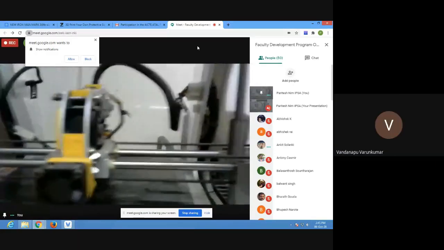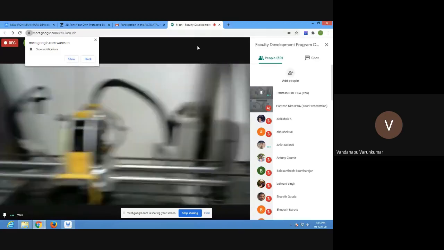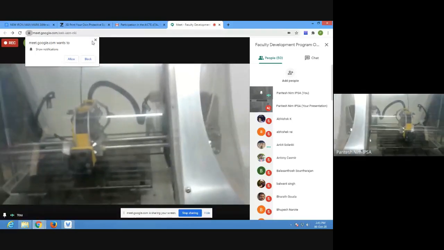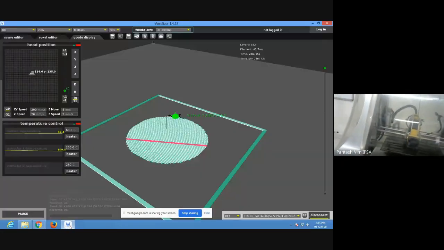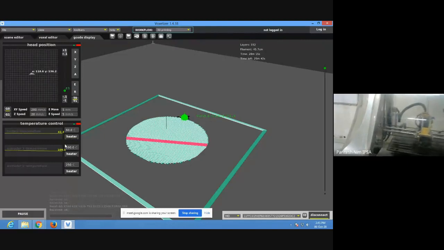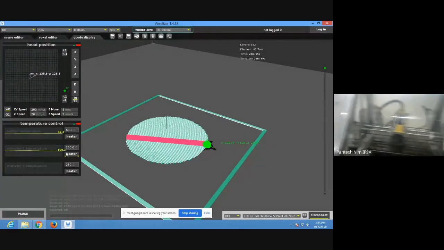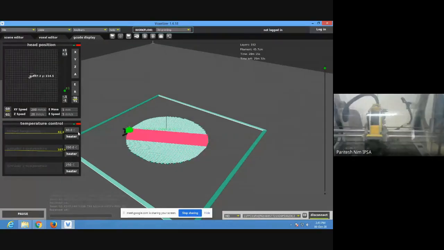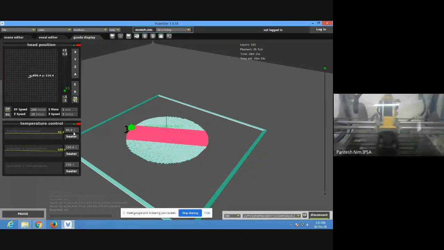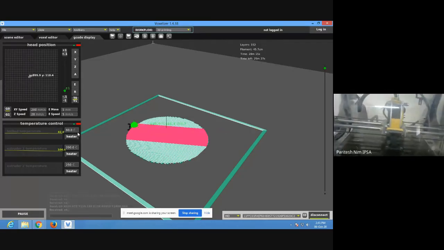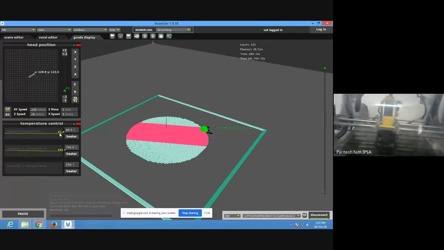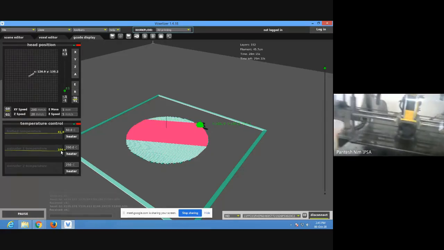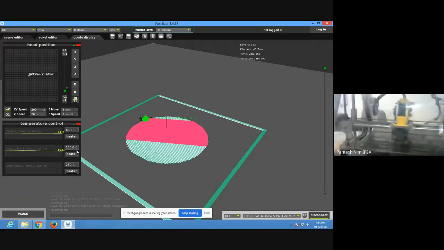I'm asking bed temperature, not nozzle temperature. Okay, sir. Bed temperature, sir, you can see here. Extruder temperature is 200 centigrade, and bed temperature is 60 degrees centigrade maximum. 60 degrees centigrade is the maximum level, but now it is about 40, 41, 42 centigrade, and our extruder temperature is 104.